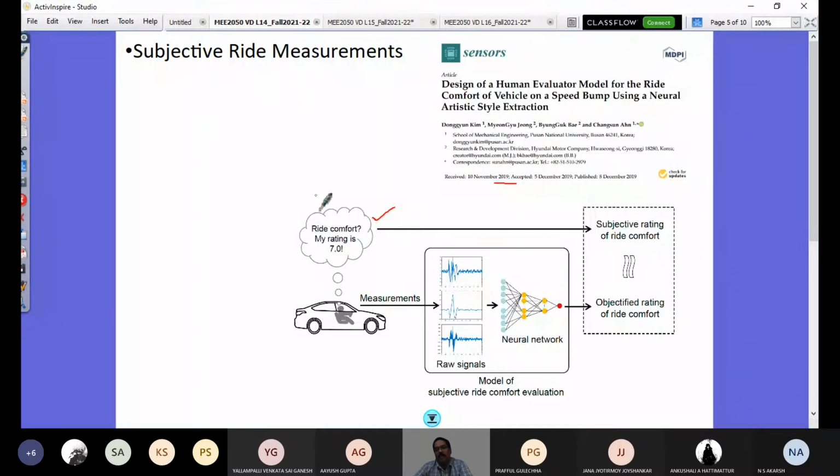What is called objectification of vehicle data to subjective ride data. So you see there are advanced techniques called neural network techniques, which fall under the category of artificial intelligence. That would be a more viable solution,